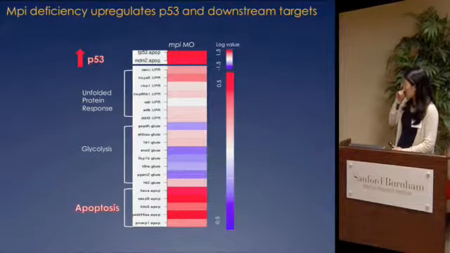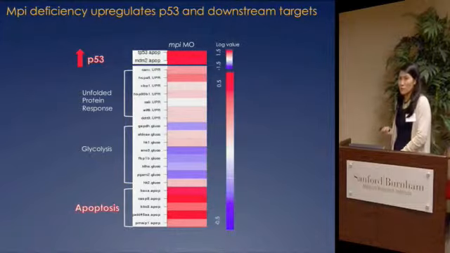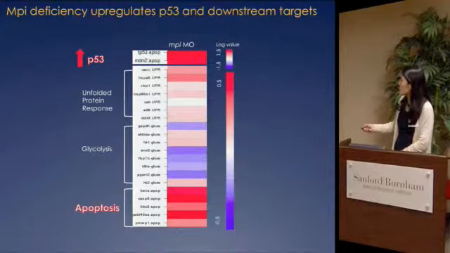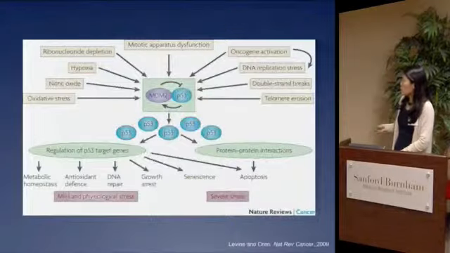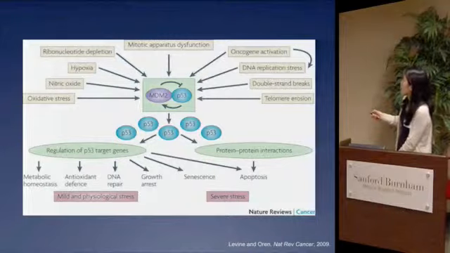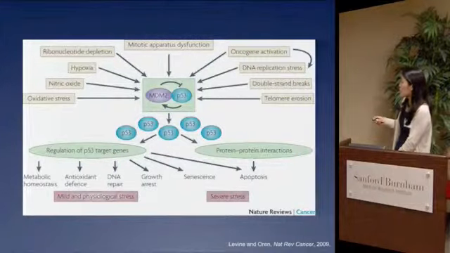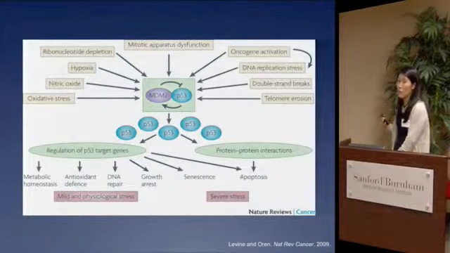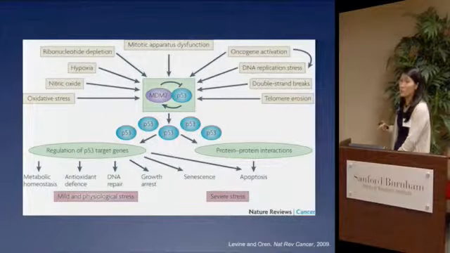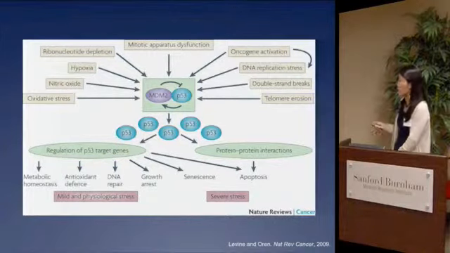Glycolysis was down, which I'll hit on next, but really this was surprising to us, that P53 would be involved in MPI knockdown. So P53, over the years, started off by being best known as a tumor suppressor gene, responding to DNA replication stress and genotoxic stress. But in recent years, it's really been shown to be able to respond to mild and physiologic stress, to be a protector and not only an executor, and has a major metabolic role in glycolysis as well.